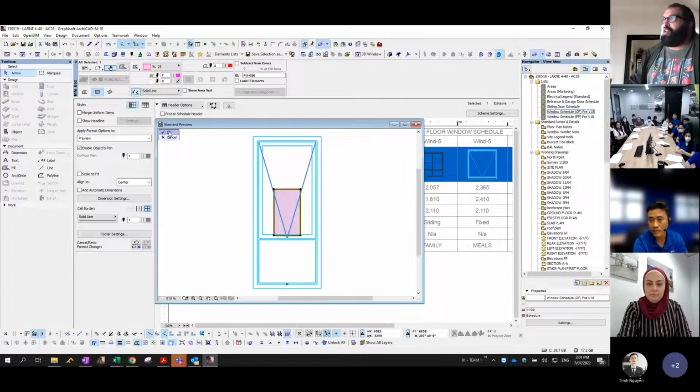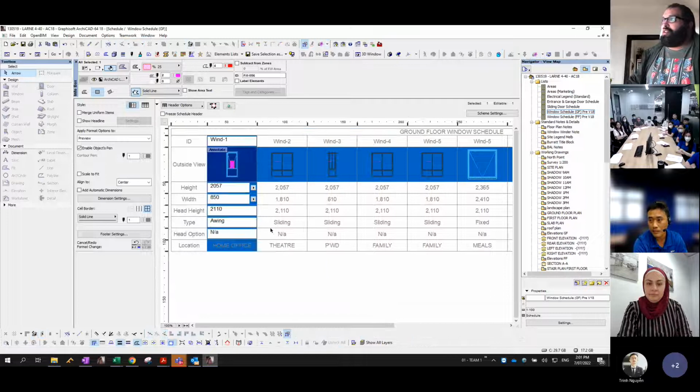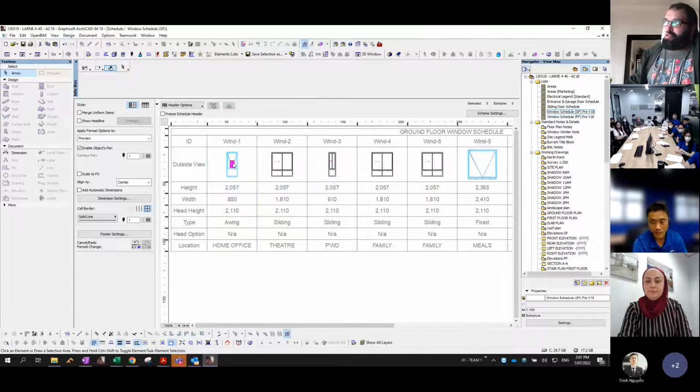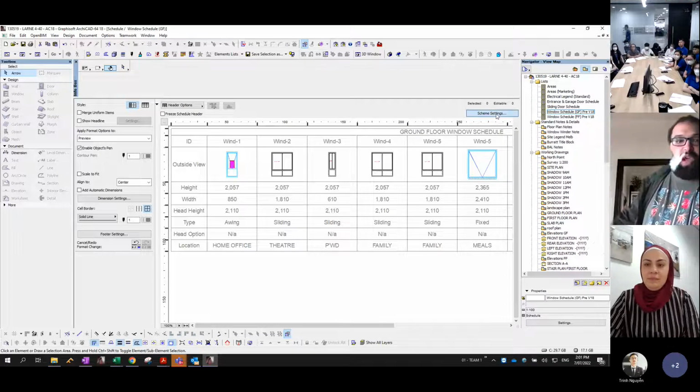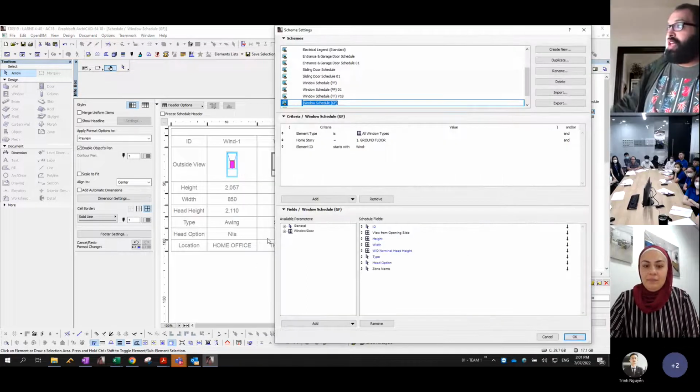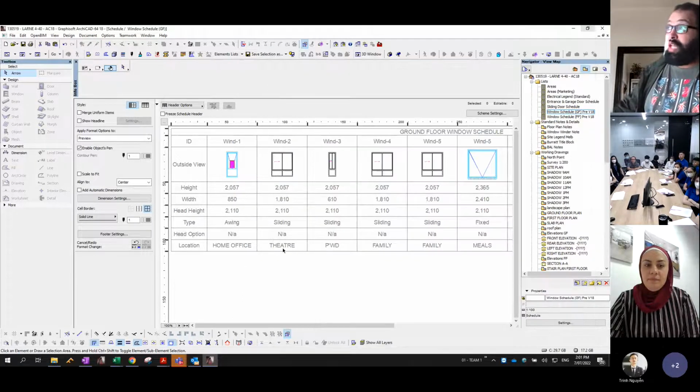I'll just leave that, that's fine for now. Hit OK. And you can see the fill adds to the window. This is more of a last resort shortcut for us to be able to get this one to work. If for any reason you're unable to get the windows to work or the room schedules to work, these names not to appear,